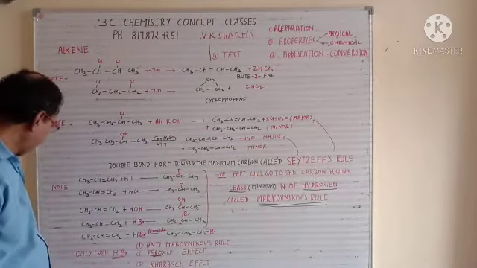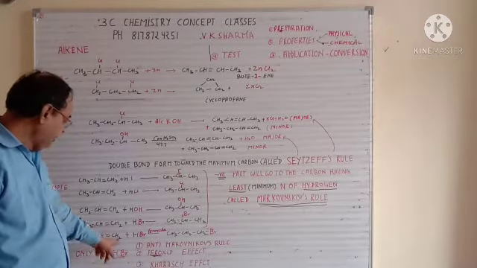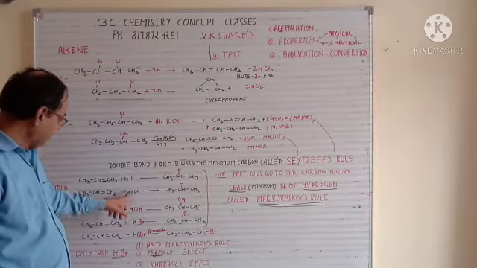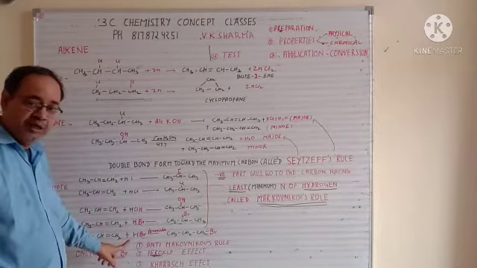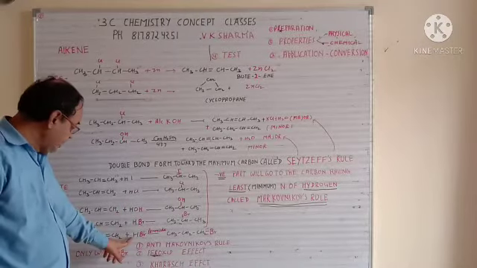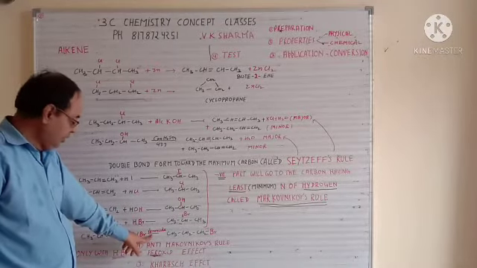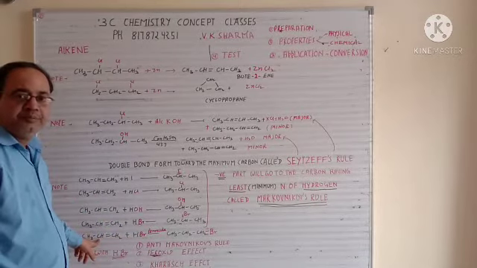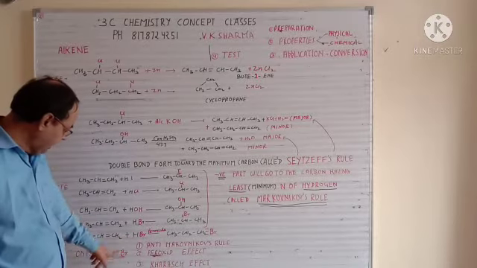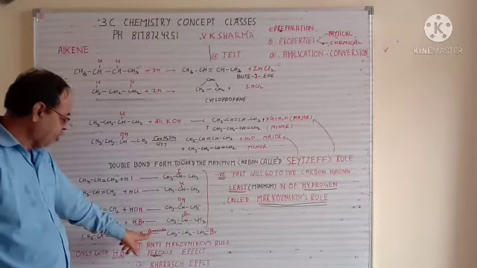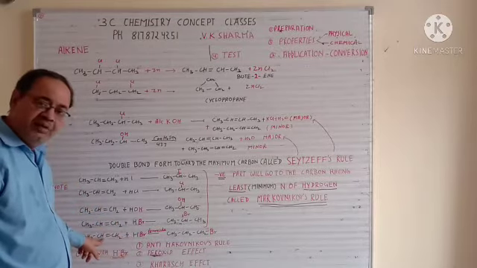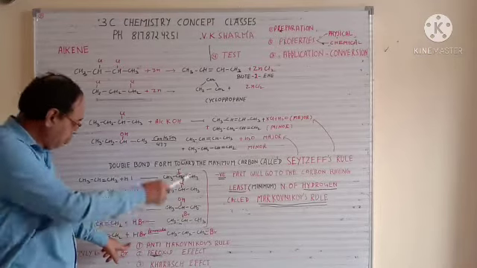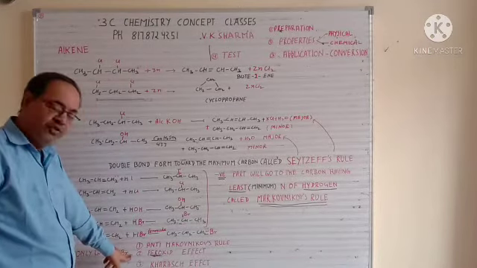Now the next concept. Suppose we have the same condition but with HBr. See, it is only with HBr, not with HCl, HOH and HI, only with HBr. In this case, suppose HBr is added with peroxide. Then the reverse will happen. H will go to the carbon having the least number of hydrogen. Just keep in mind, only with HBr, in the presence of peroxide, H will go to the carbon having the least number of hydrogen. And this is called the anti-Markovnikov rule, which is opposite to this. It is also known as the peroxide effect.